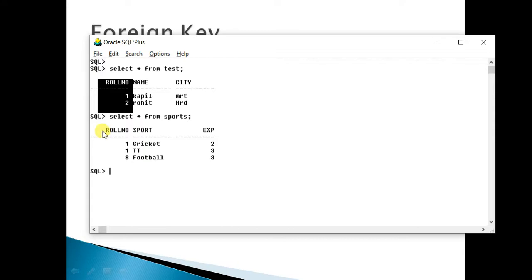So we will make this column a foreign key. So this will become a child column and this will be your parent column. Are you getting it? So this is what is required here. Now I will drop this table and I will make it again with a foreign key.